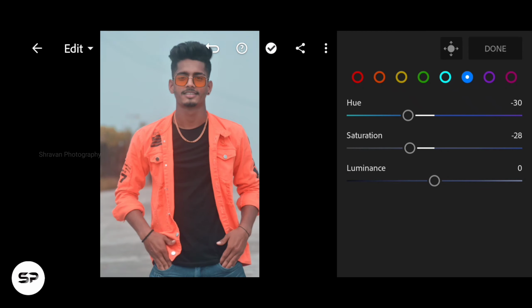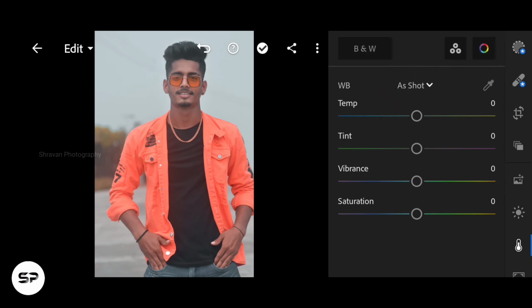Decreasing the saturation minus 70. Adding luminance a little. In the last color, magenta, decreasing the hue minus 56, adding luminance 60. Now go to the color menu, decreasing the warmth minus 2 and the tint minus 6,